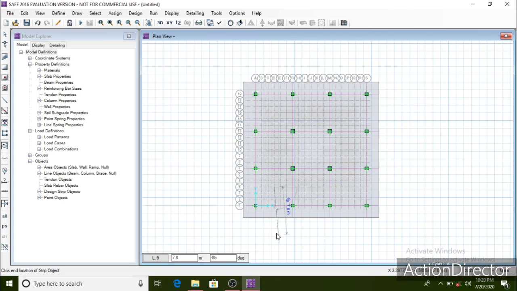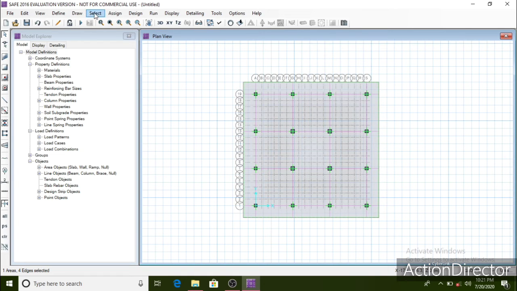Press escape on your keyboard in order to exit from the option of drawing the design strips. Now click on this slab. So one area and 4 edges are selected. You can confirm it in the bottom left corner of the screen.